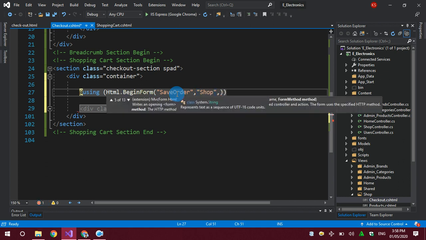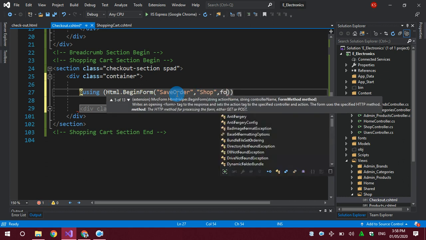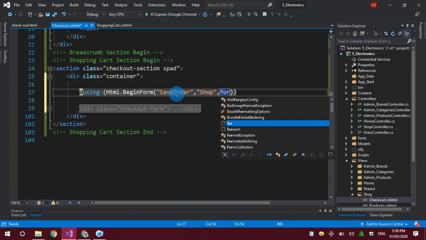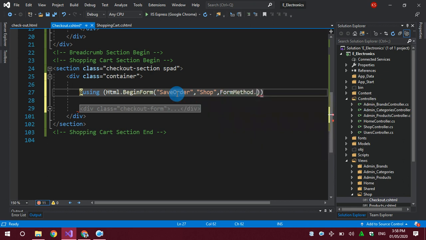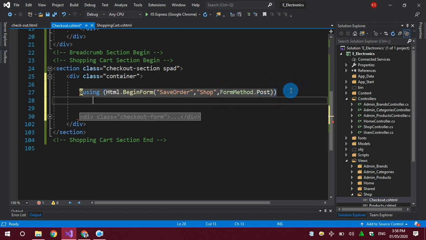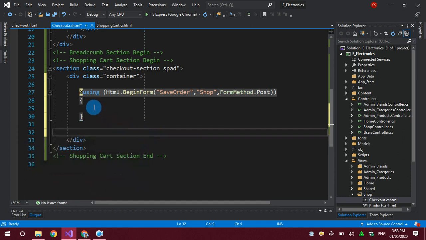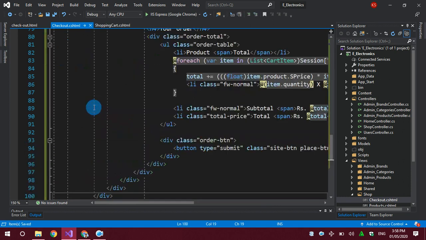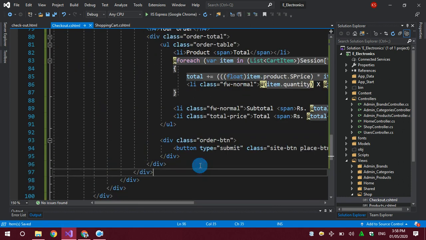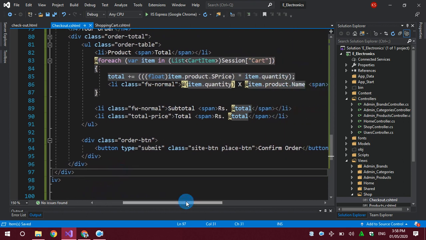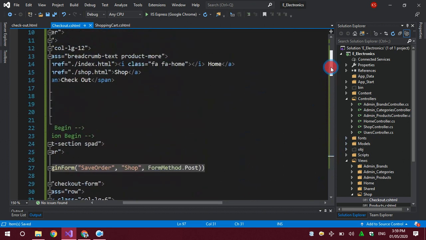The method will be post, FormMethod.Post. All the form will go inside the braces. Whenever I click this button, the type equal to submit, it will submit this form, which will invoke the method SaveOrder. So I have to create this method in my controller.